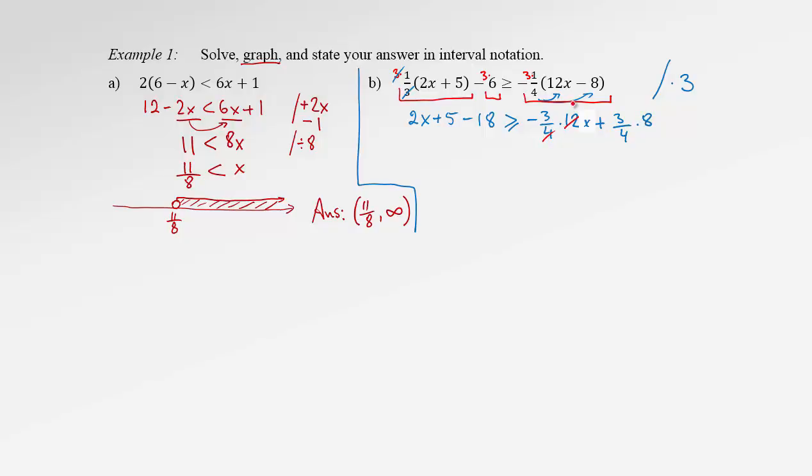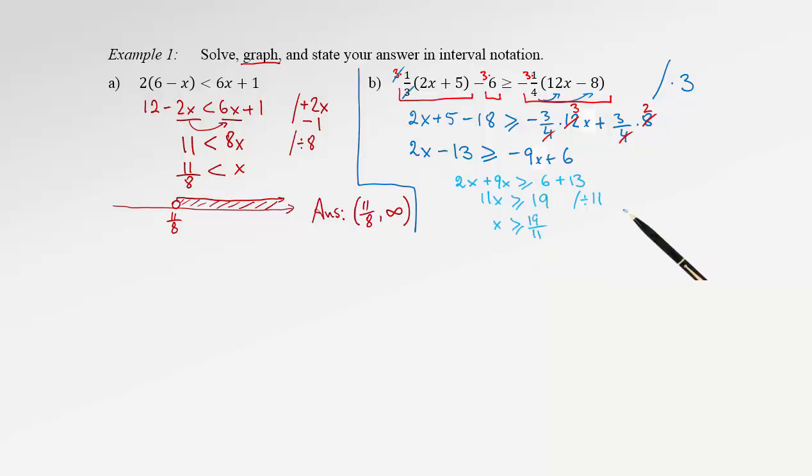Now, since 4 reduces with 12, leaving us with 3, and here leaving us with 2, we can rewrite this inequality simplifying a little bit more. 5 minus 18 can be performed, that's negative 13. And here we have negative 3 times 3 is negative 9x, plus 3 times 2 is 6. Okay, next step will be to bring all the x terms to the left side. So we copy the 2x, bring the negative 9x to the left, it becomes positive 9x, and then we have bigger equal. Let's copy the 6 and bring the 13, it becomes positive 13. Altogether we have 11x bigger equal 19, and then we can divide by the leading coefficient 11, so we obtain x bigger equal